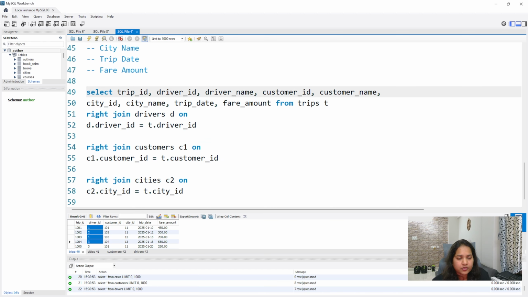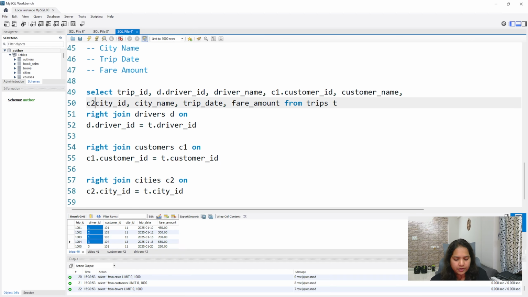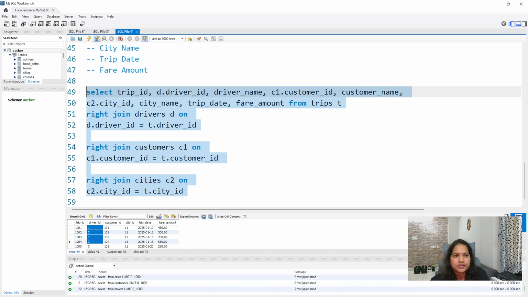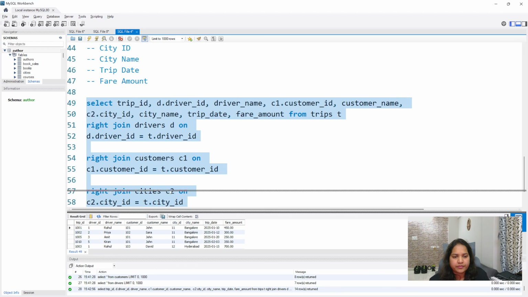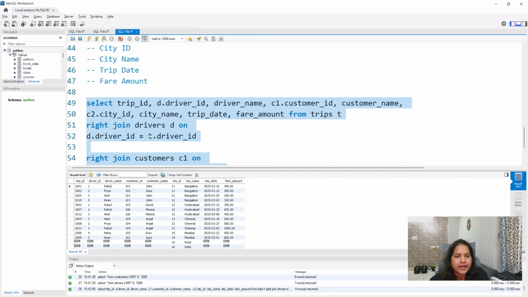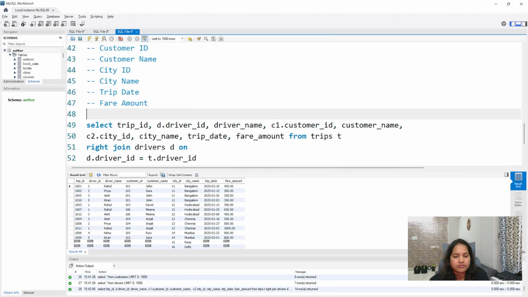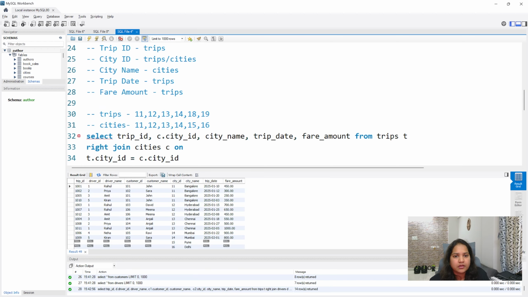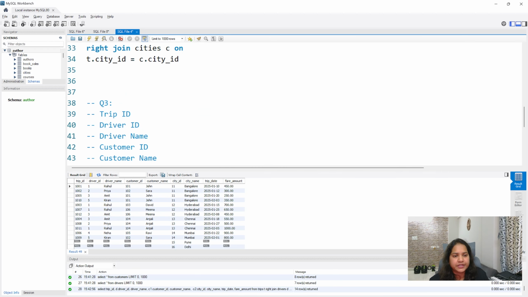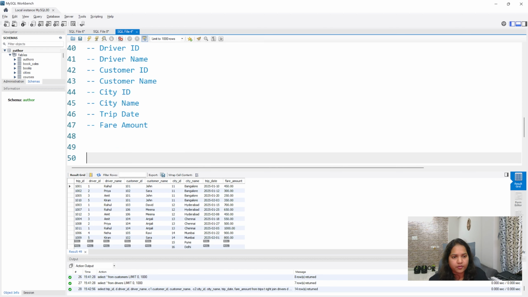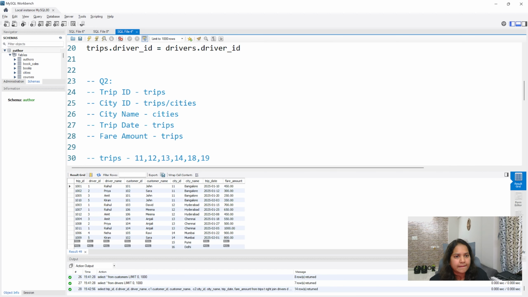Now for driver_ID you will put T dot, for customer_ID you will put C1 dot, and for city_ID you will put C2 dot, because this is coming from the D, this from the C1, and this from the C2. If I run this, you can see, as in the previous ones, we have seen the different city IDs. Let's bring that down.